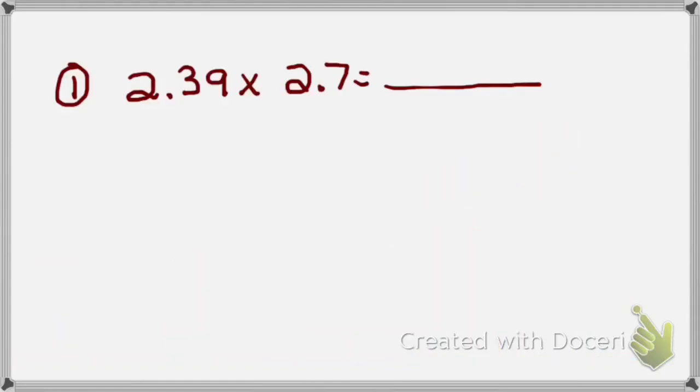So example number 1 is 2 39/100 times 2 7/10. So anytime I have a multiplication problem, I'm going to write it vertically. I'm going to put the number with the most digits on top. So that's 2.39 times